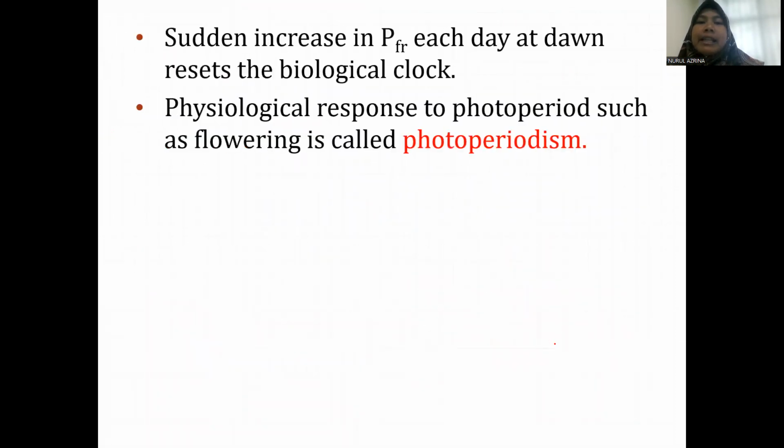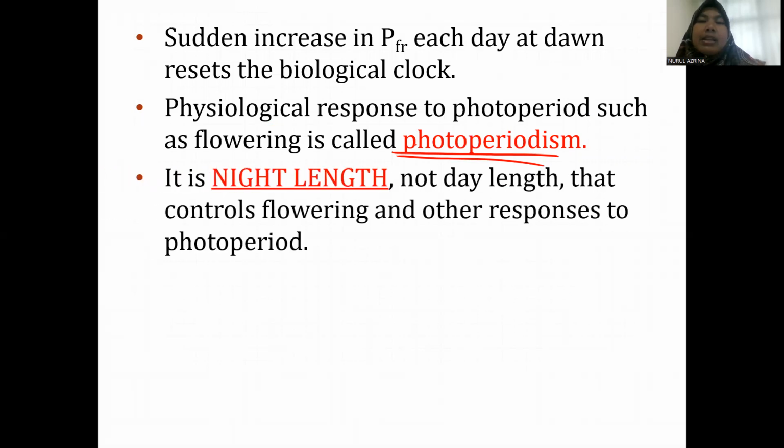Okay, the sudden increase in PFR each day at dawn will reset the biological clock. So the physiological response to photoperiod, such as flowering, is known as photoperiodism. So actually it is the night length, not the day length, that will control flowering of plants and other responses to photoperiod. So this is something that you have to take note of, right? It's actually the night length that will control what kind of responses the